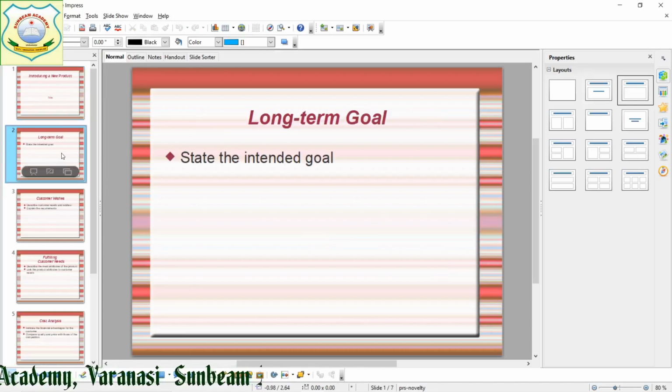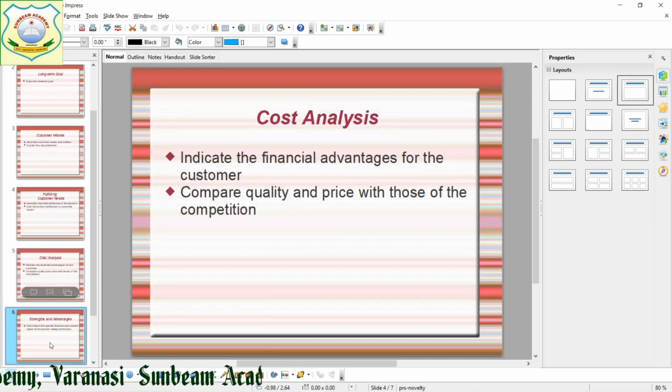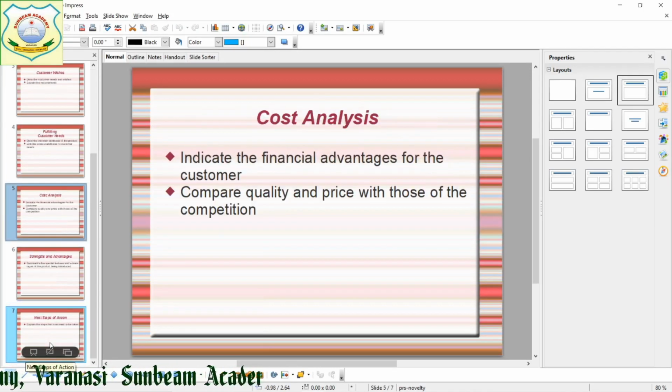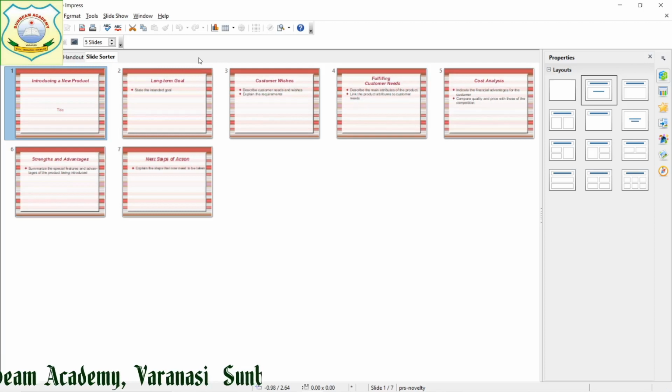Suppose these are the different slides. It's a ready-made collection of slides. It's a presentation. Whatever the topic it has been given, we have taken from the wizard. Now onto this we are going to work. How we will work on the slides. So first of all we will see slide sorter view. Here you can see this is the slide sorter view. Now you can see all the slides, 7 slides are there. It has come onto our screen.